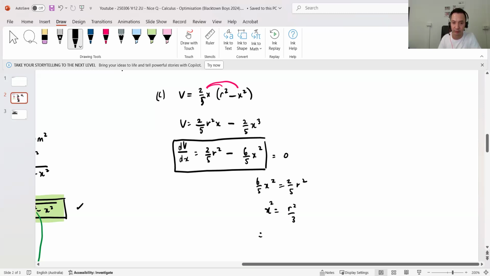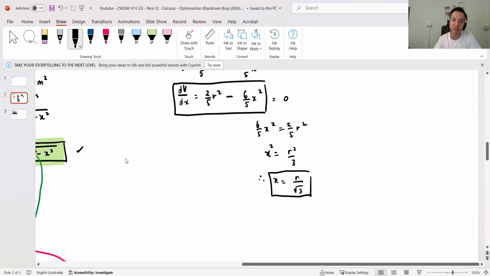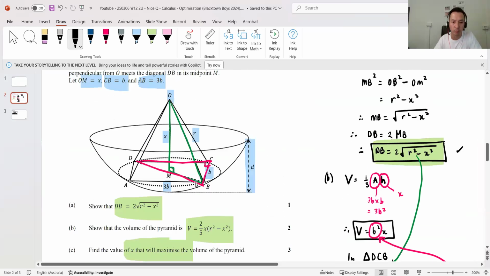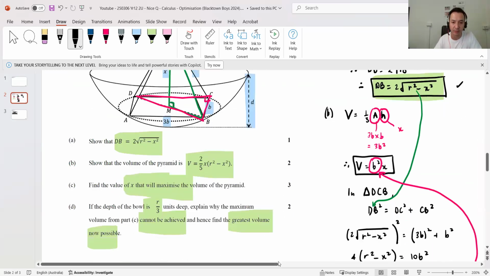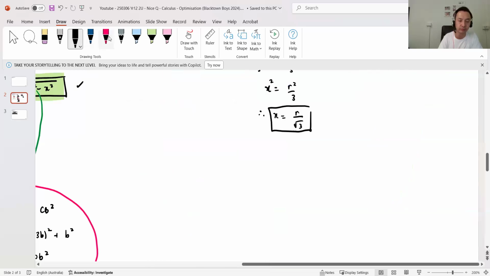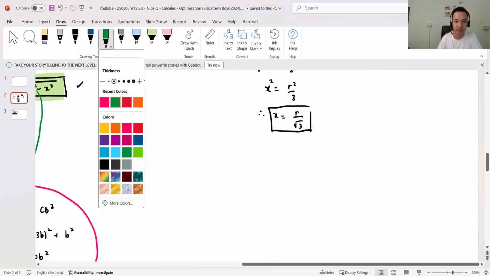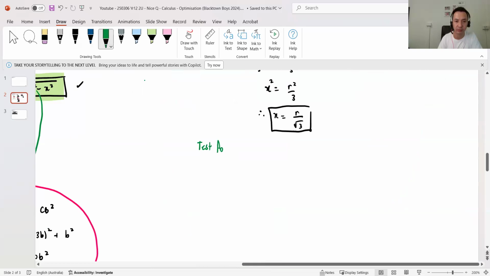So therefore, now x is a length, so I don't care about the negative case. So x equals r on root 3. All right. Once you get there, you need to test for max min now. Do I want max or min? Hope that maximizes the volume. Okay, cool. So test for max or min,